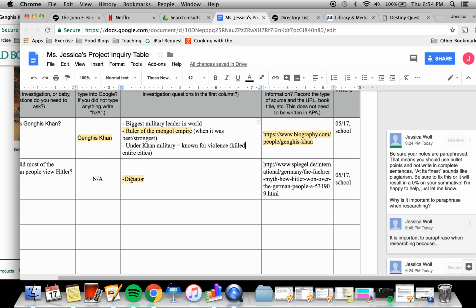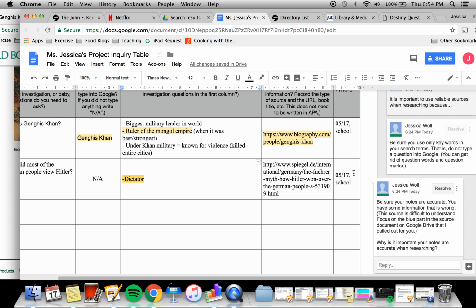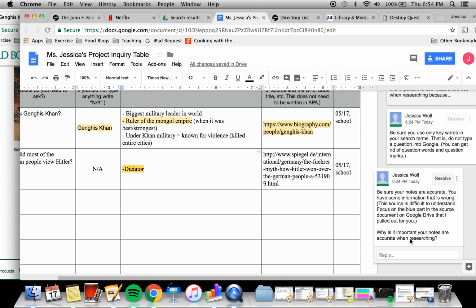I have one more comment, which is the comment here. So I'm going to go ahead and click on this comment, which says, be sure your notes are accurate. You have some information that is wrong. This source is difficult to understand. Focus on the blue part in the source document on Google Drive that I pulled out for you. And then again, it has a question. Why is it important your notes are accurate when researching? So I'm going to answer the question first. It is important my notes are accurate